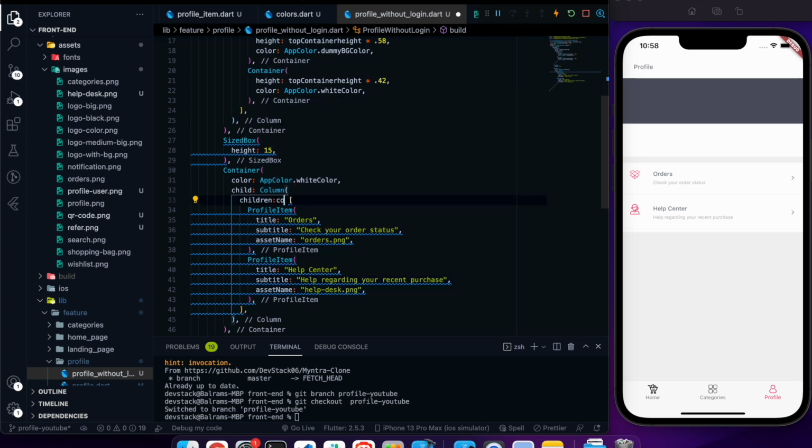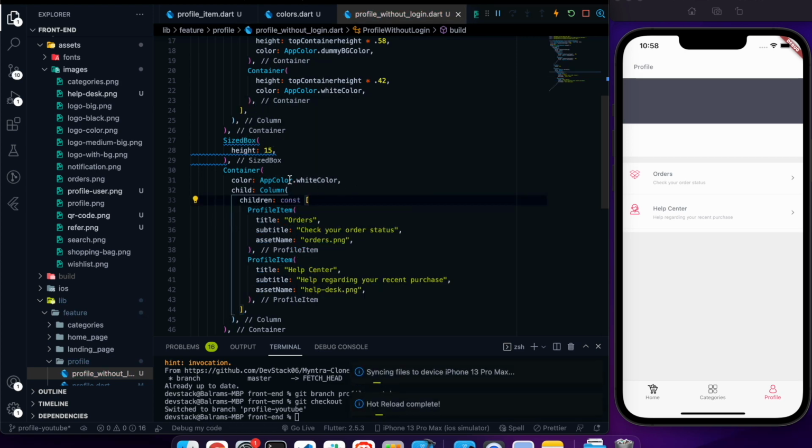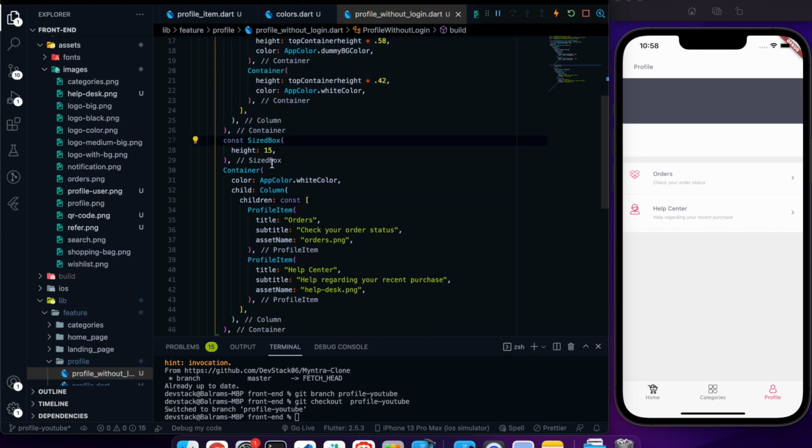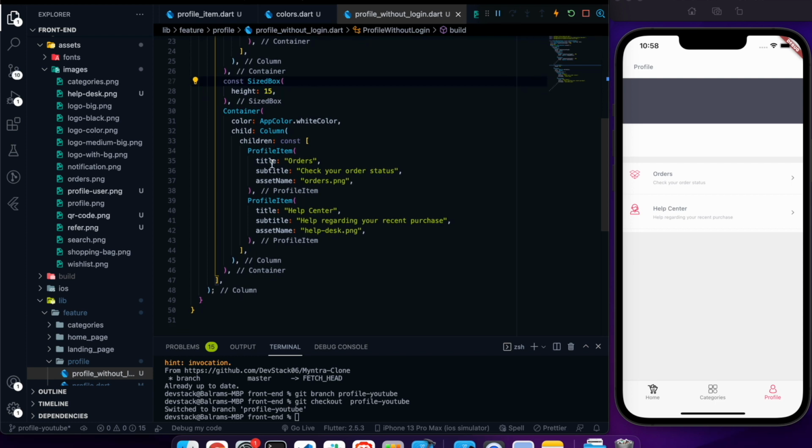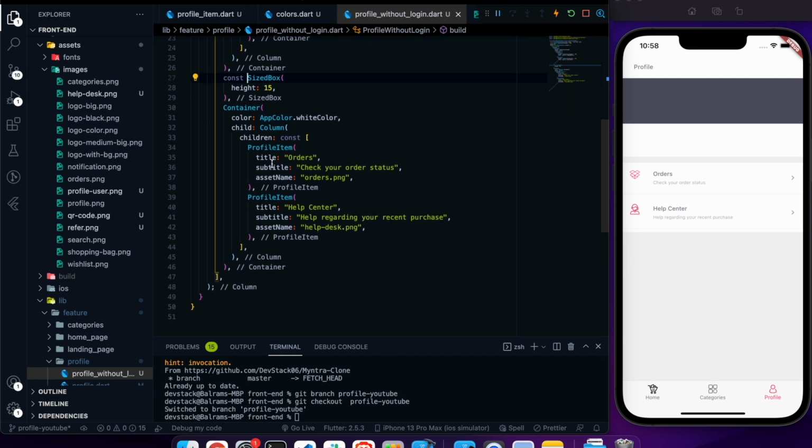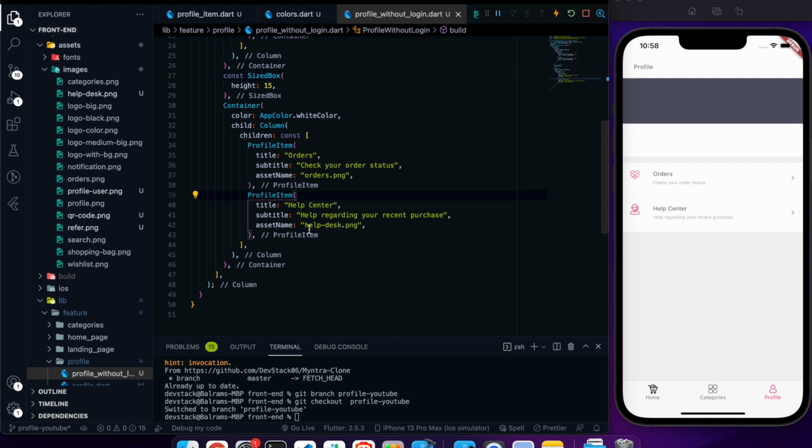Just for safety, use const to avoid all the linting issues. Okay, so we have orders, we have a help center, and the third thing we wanted to use is the wish list.